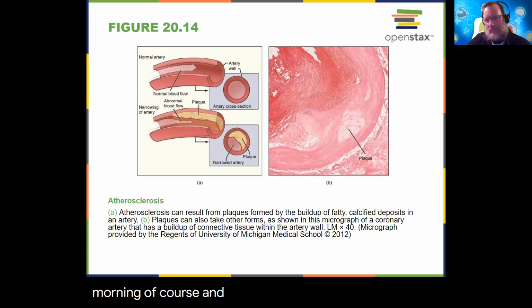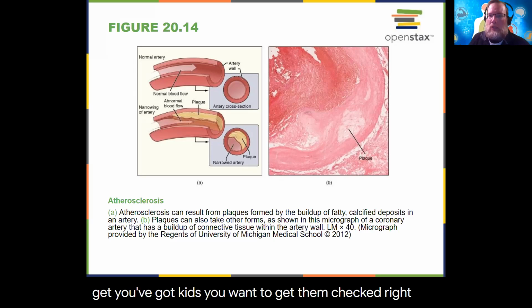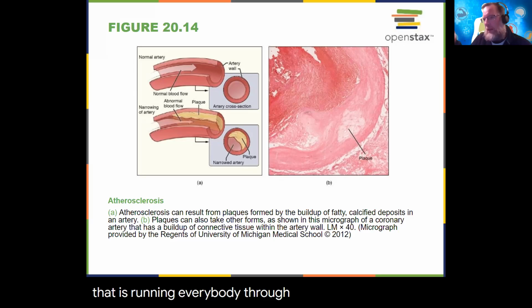And say, hey, this is what we have. You've got kids, you want to get them checked, right? So then, yeah, run everybody through, and maybe one of the buggers has the gene or the mutation, and so then we've got to keep an eye on little Billy or whoever, right? We've got to keep an eye on him. Maybe probably for the rest of his life, but that's okay because if we didn't know about it,